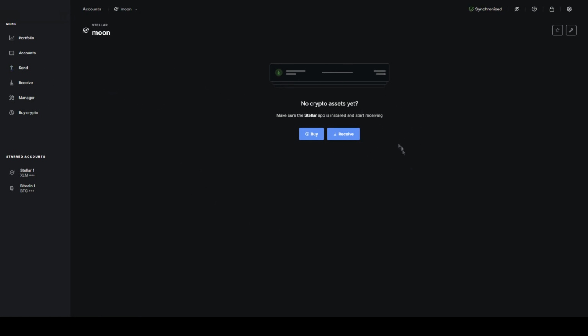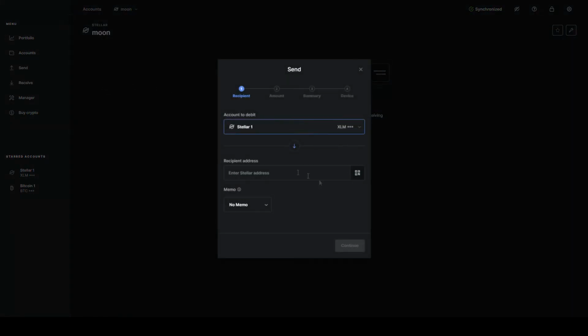If you want to send some Stellar from this account to some other account, I don't have any Stellar here, and you need at least one XLM to initiate a Stellar account. If you have some Stellar, click on send here, paste the address here, and if you are sending your Stellar to some exchange, you will have to enter the memo text ID. Just use text ID to be on the safe side. Enter the Stellar address here, memo ID with whatever you see on the screen. Click on continue,